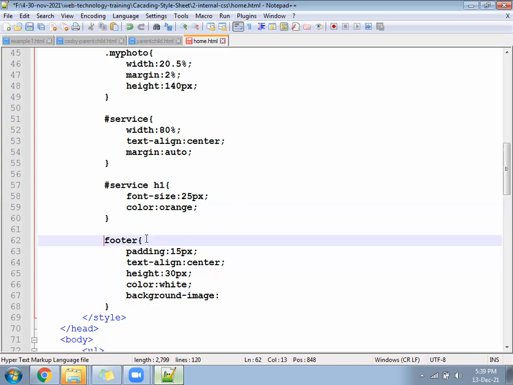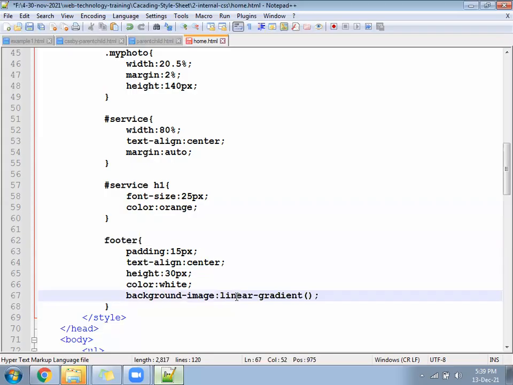Okay, so let's go ahead. You have a property called linear-gradient. Background-image is the property where you need to call a function called linear-gradient.